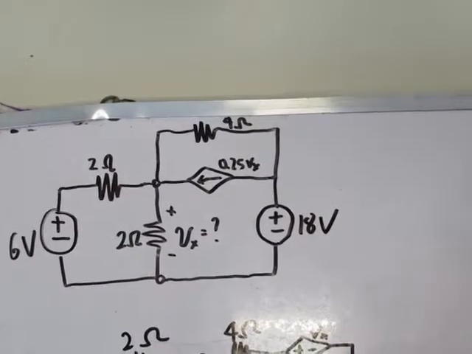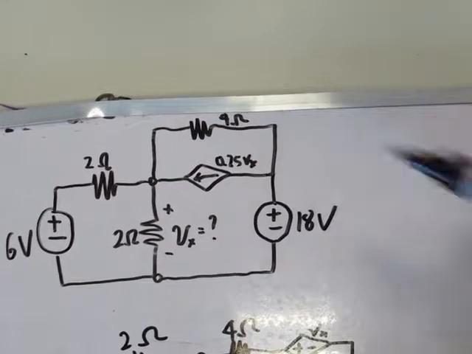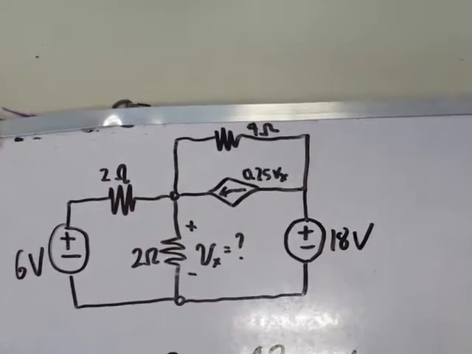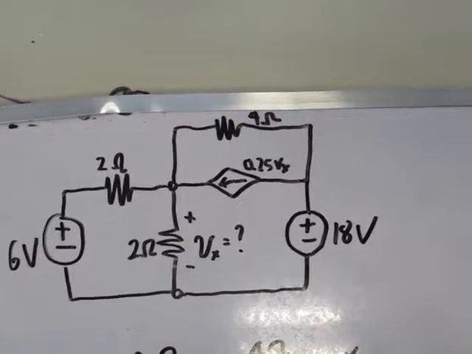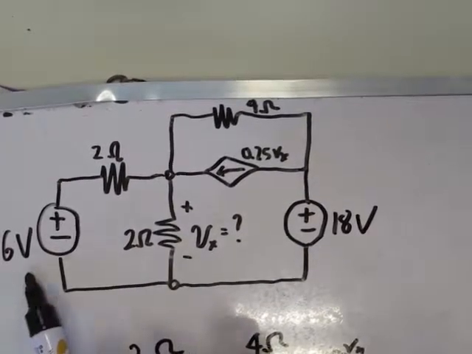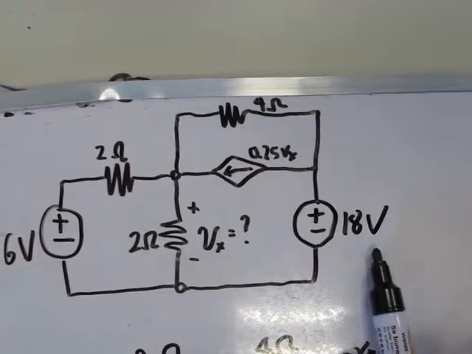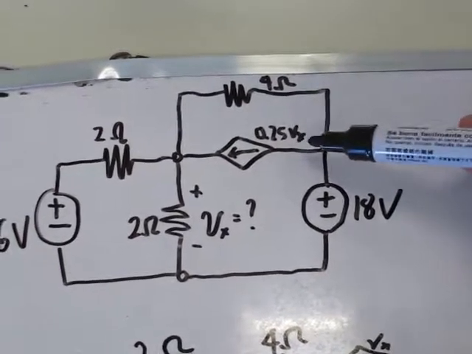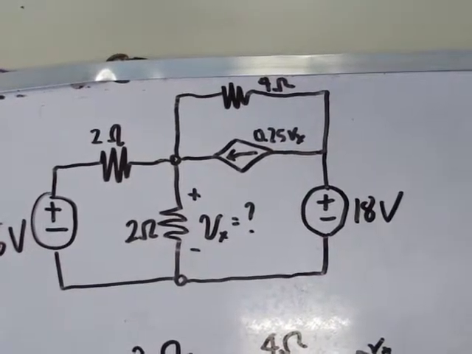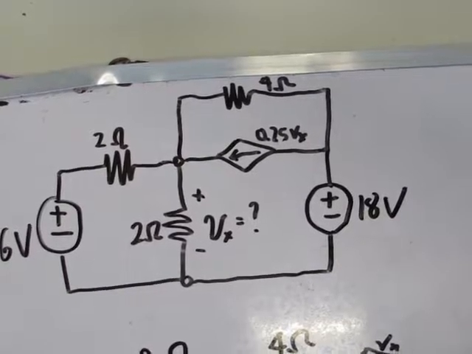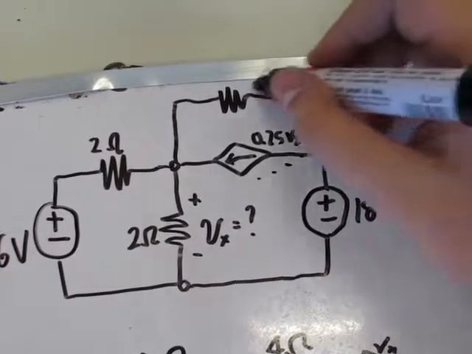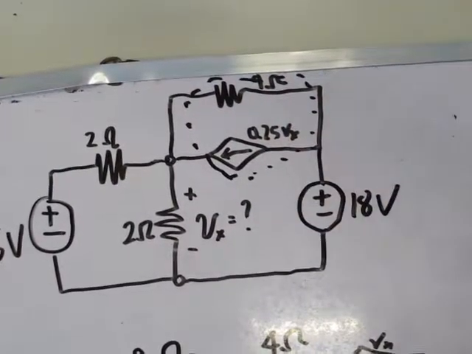So in this example, we now have a dependent source. We will be solving Vx still using source transformation. So as you can see, we have a 6 volt voltage source, an 18 volt voltage source, and a dependent current source, 0.25 Vx. So what we will be doing here is, first we will be transforming this dependent current source